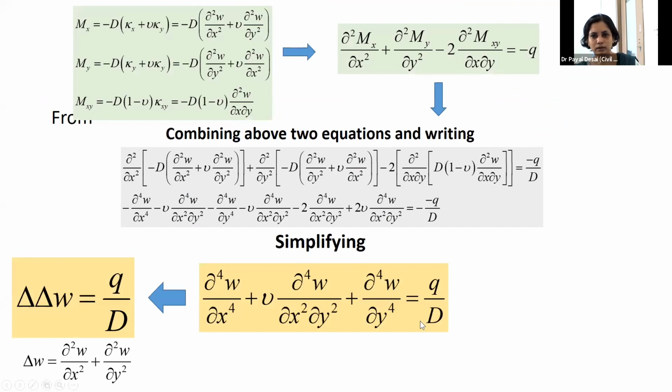Okay, so ultimately what is our objective? This is my equilibrium equation. One single equation, because I have used all three into one. The other two moment equations I have replaced in the Q equation. So one single equilibrium equation I am making. My purpose of analysis is to analyze this using one single equation. So you replace moment in terms of displacement and then simplify it, and you get the fourth order differential equation of the plate analysis. So we have finally arrived at the quantities of the